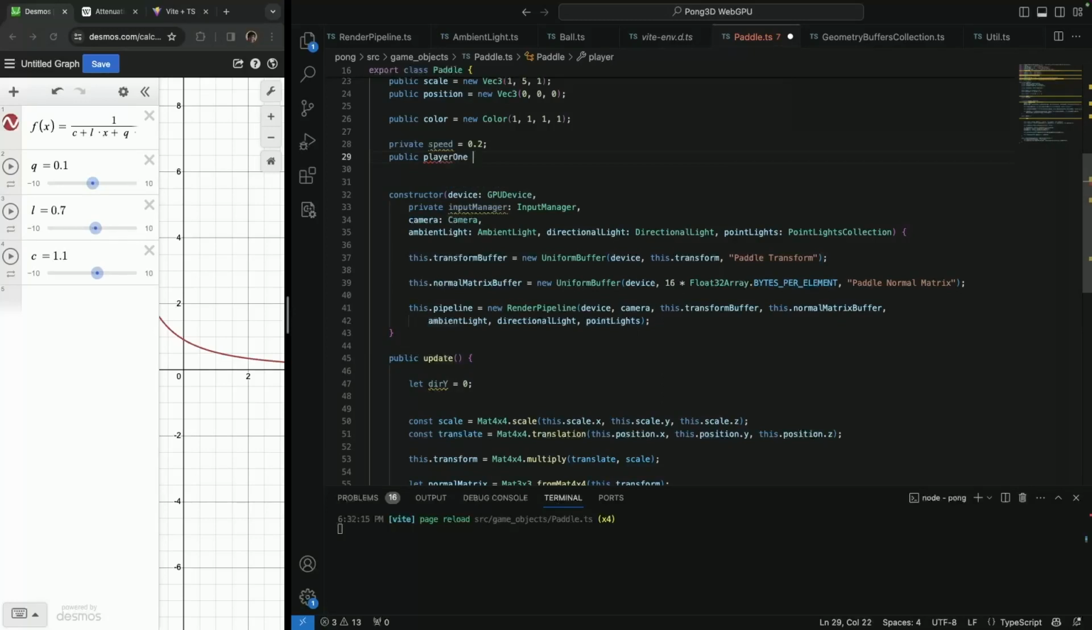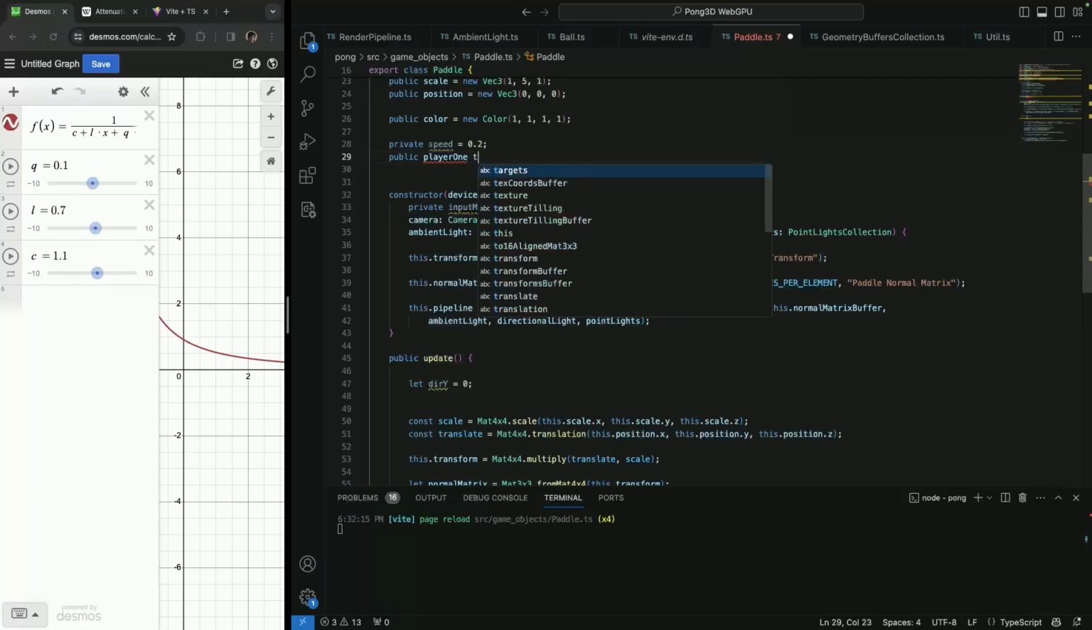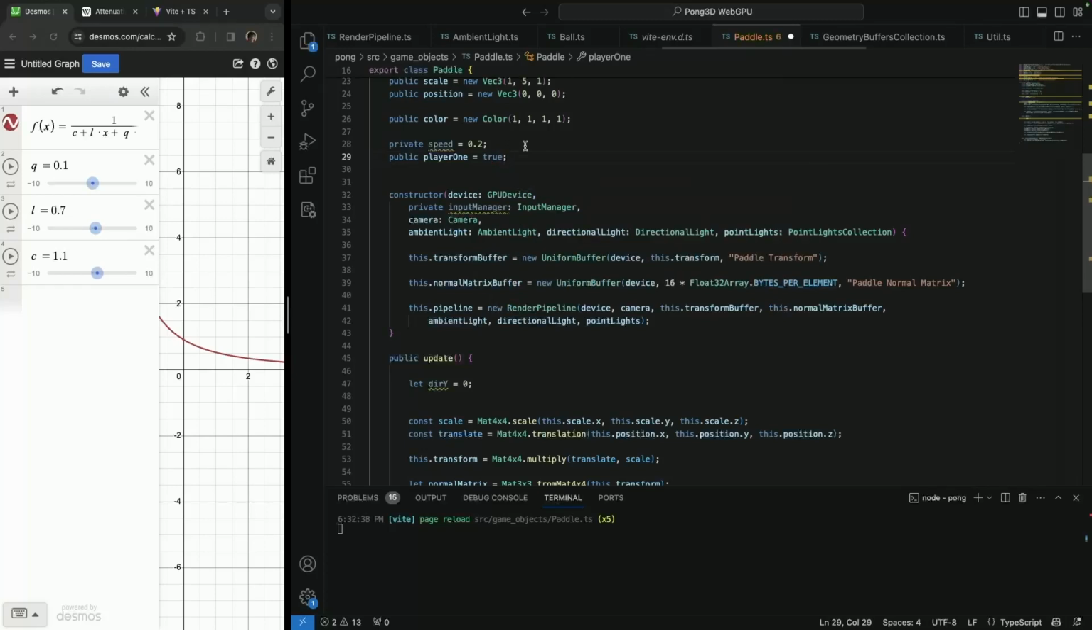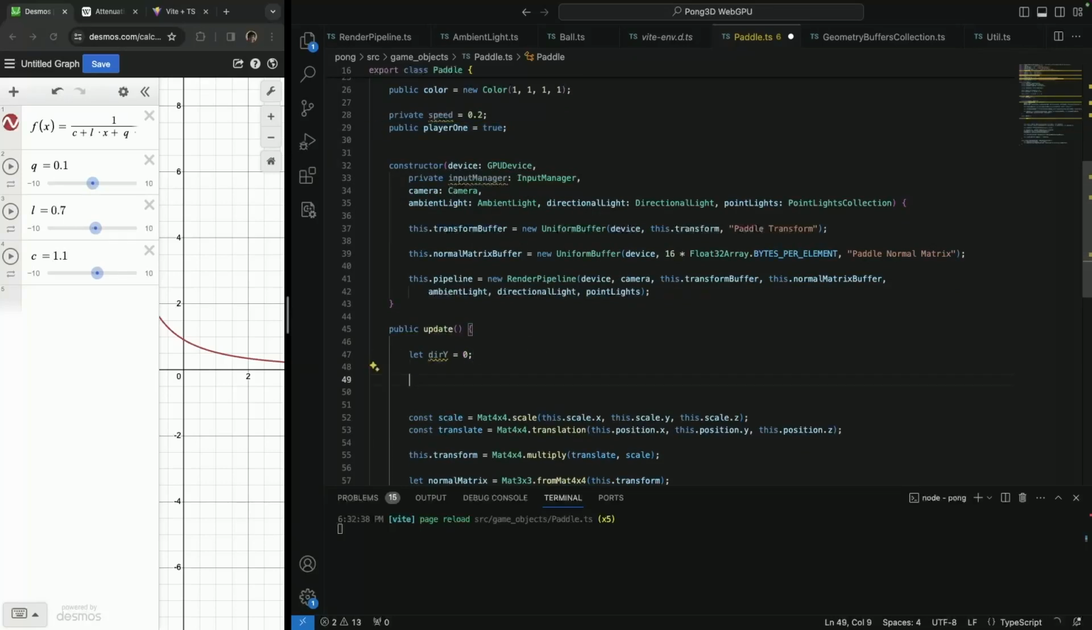So basically we're going to have player 1 and player 2 for the left and the right pedal. So it's going to be a 2-player game, and then you can play it with someone. That's not that important really, but just by default we're going to say player 1 is true, and then if player 1,